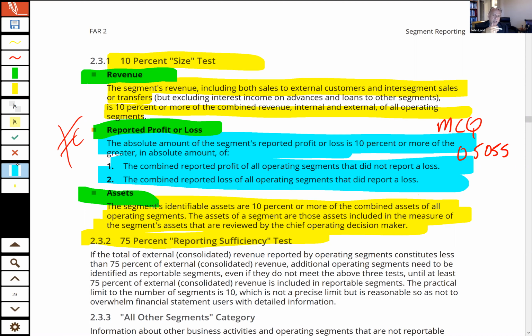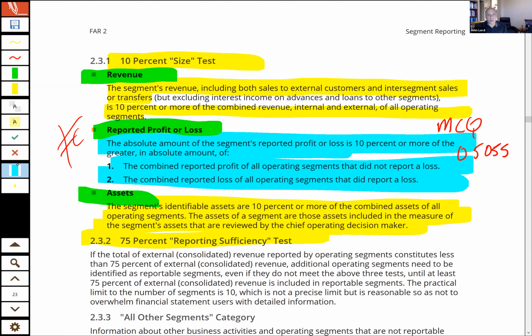You have to see if the segments that you identified using the 10% test now constitute 75% or more of the consolidated revenue of the company. And if they have, you're good. If you find yourself below 75% of the consolidated revenue of the company, now you have to add segments until you get up to at least